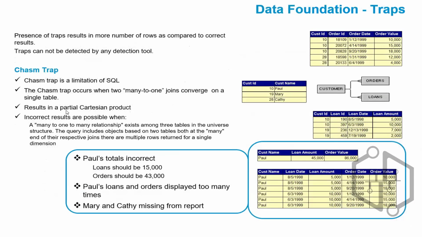These are kind of traps, chasm traps. There are two types of traps that get formed sometimes in our universe. If too many to one join tables converge on a single dimension table, here from orders and from loans, there are too many to one joins converging on a single table. In these situations, if we need the data from orders table and also from the loans table, we'll get wrong results because of the chasm trap. So to avoid that trap, we can